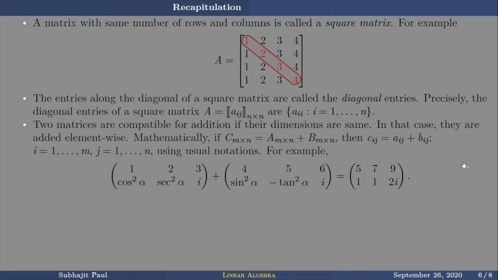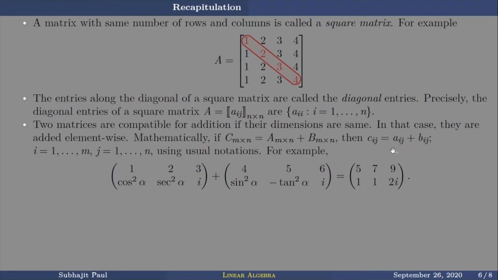How is this happening? You understand this from your school knowledge only. Probably what is new to you is this representation. You might not have noticed in school that this is how things are defined. So Cij is the ijth element of the matrix C. This is your C matrix, this is your A matrix, this is your B matrix. Let's say this one is second row and first column. So the 2, 1 entry of C must be the sum of the 2, 1 entry of A and the 2, 1 entry of B. This is the algebraic representation.